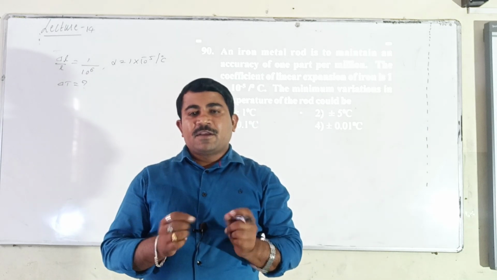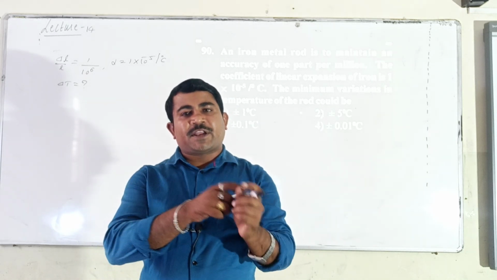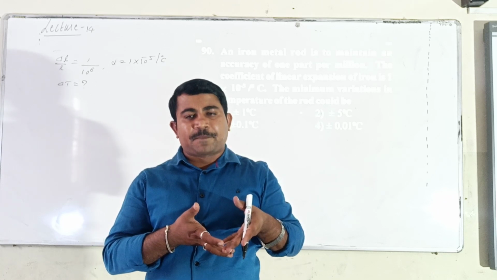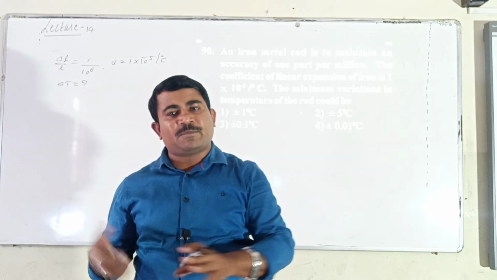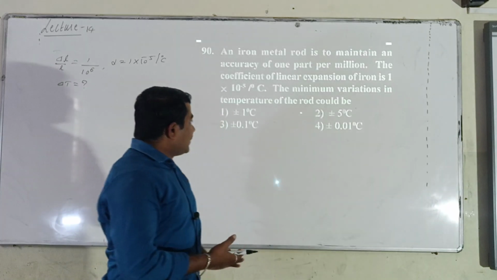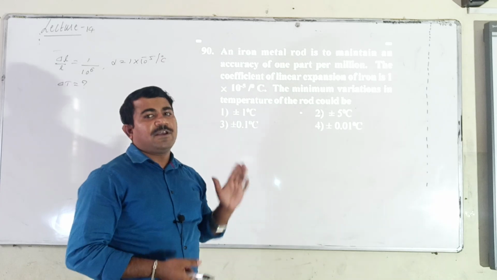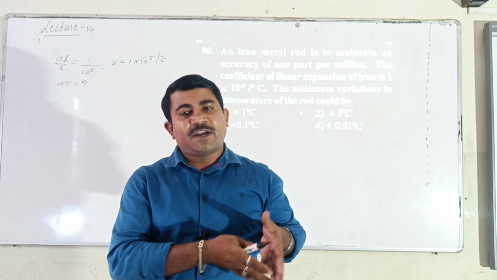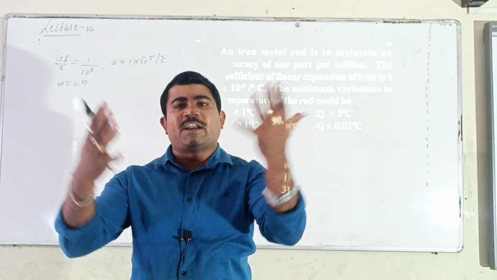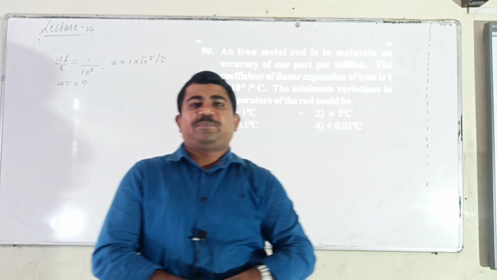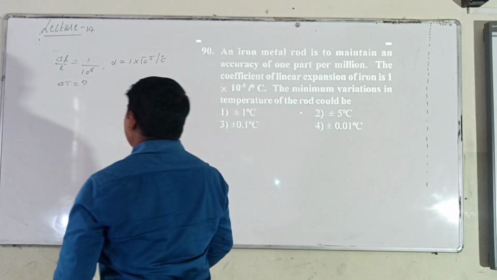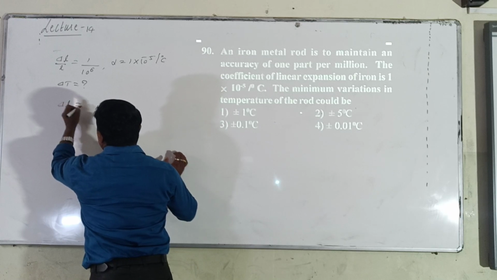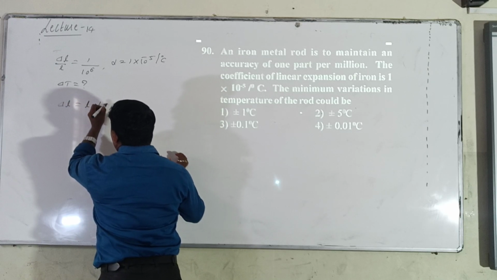Right. Here the temperature of the rod may increase or decrease. If it is contracted, the temperature may decrease. If it is expanded, the temperature may increase. That's why the possible value here is plus or minus. When the length is contracted by cooling, it decreases. When heat is given, then it can expand, so you can take the positive value here. Right. Look at here. We know this value: the change in length is equal to original length times alpha into delta t.